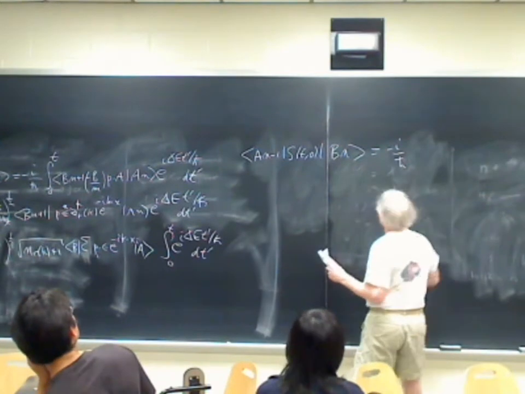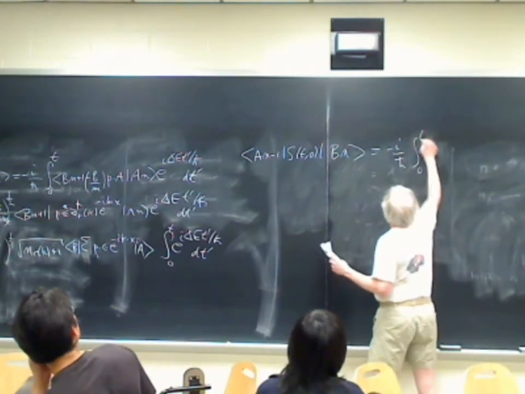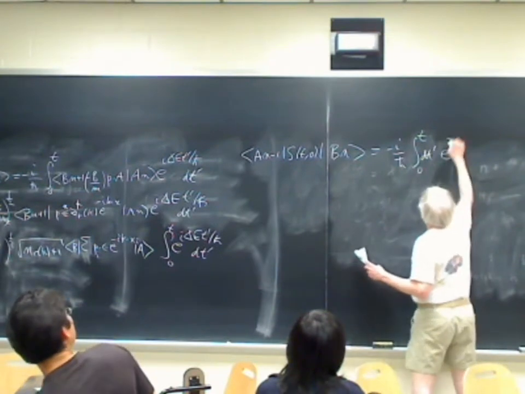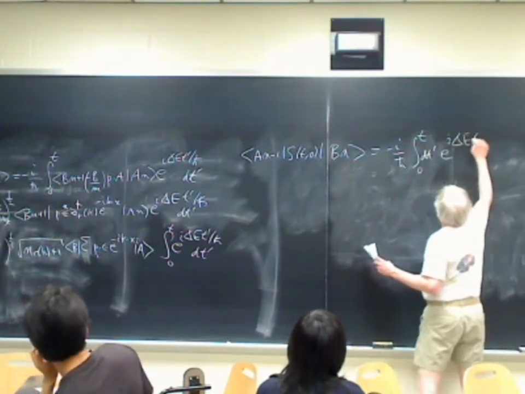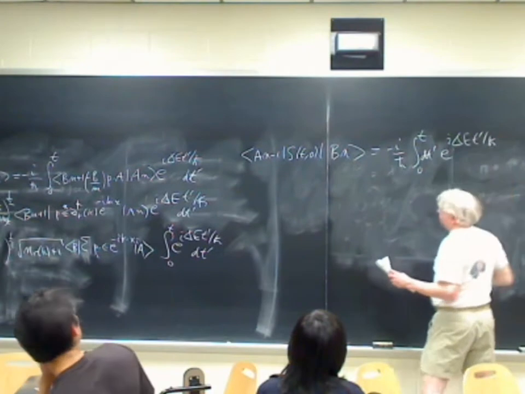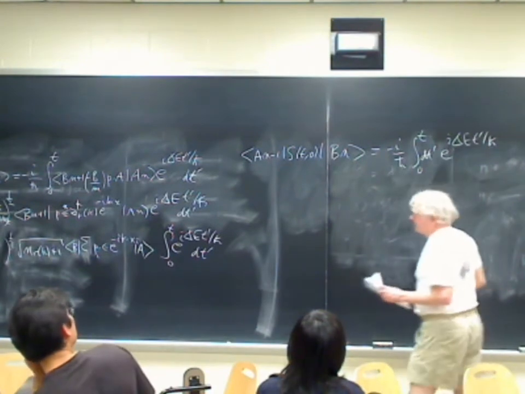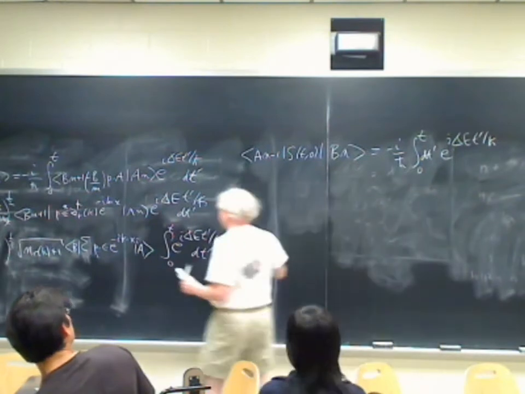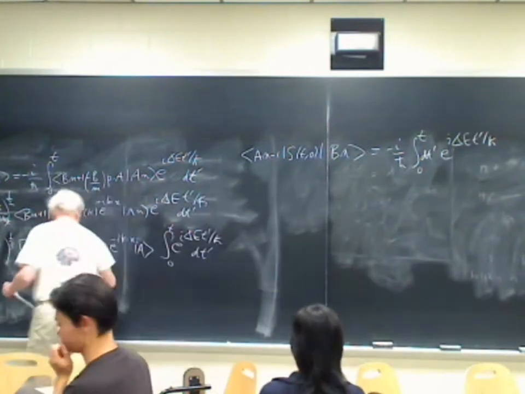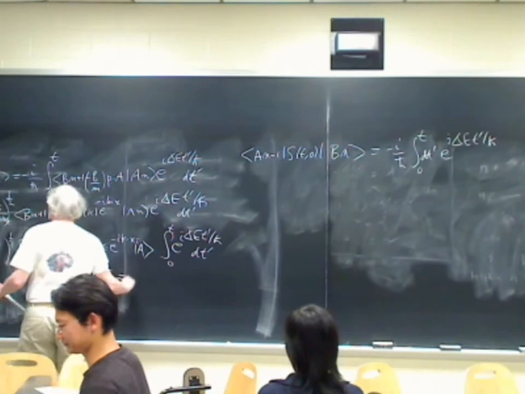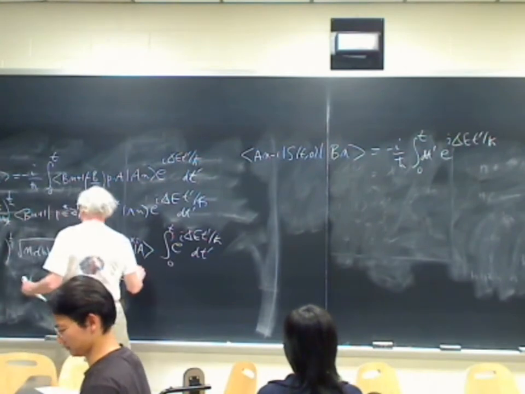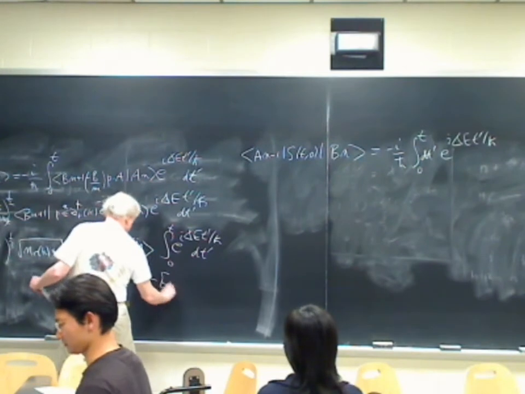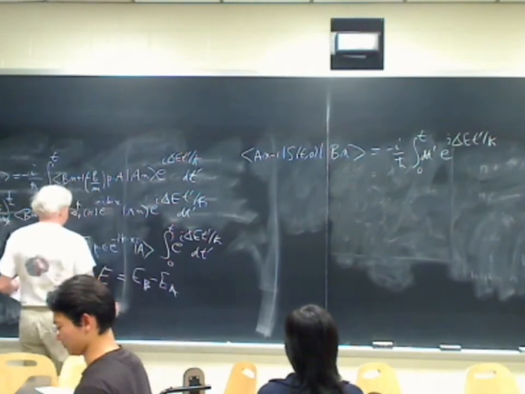Minus I over h bar, integral 0 to t, dt prime. You're going to have an e to the I delta E t prime over h bar. And in each case, maybe I should write down what delta E is here. Delta E here is EB minus EA,